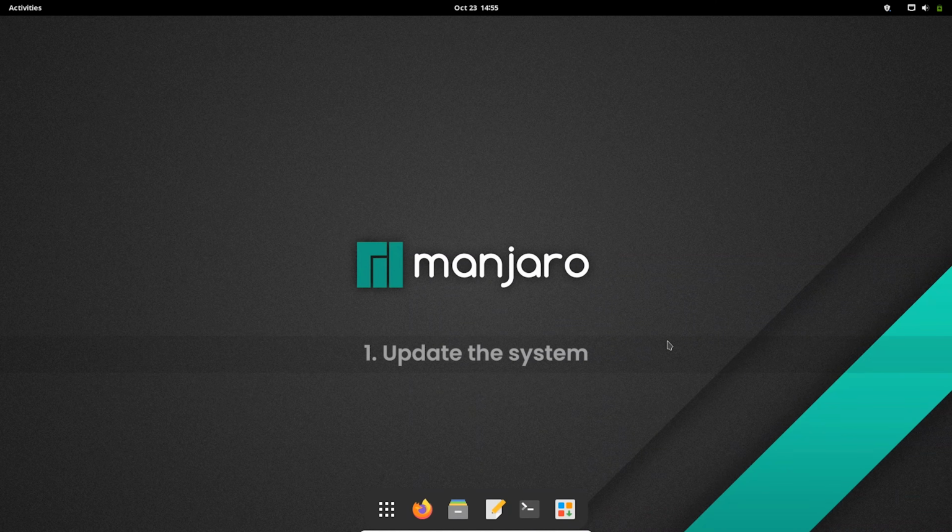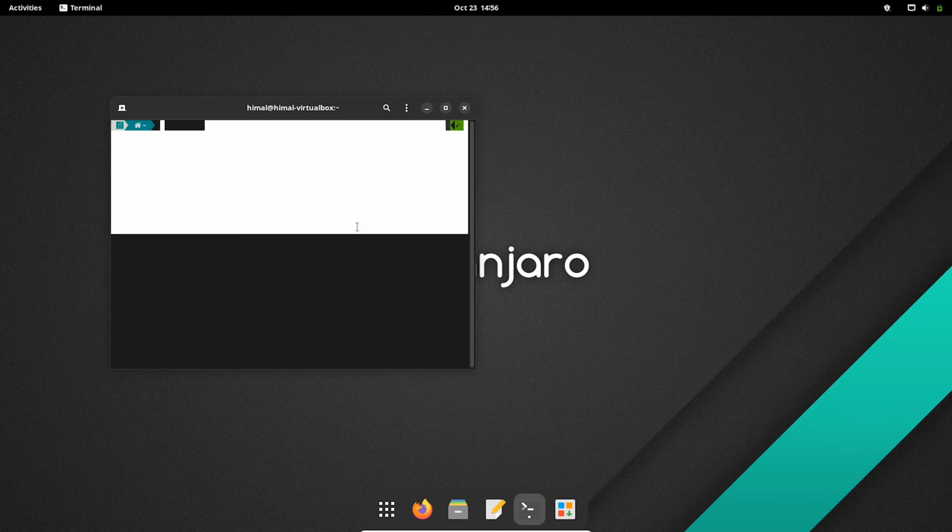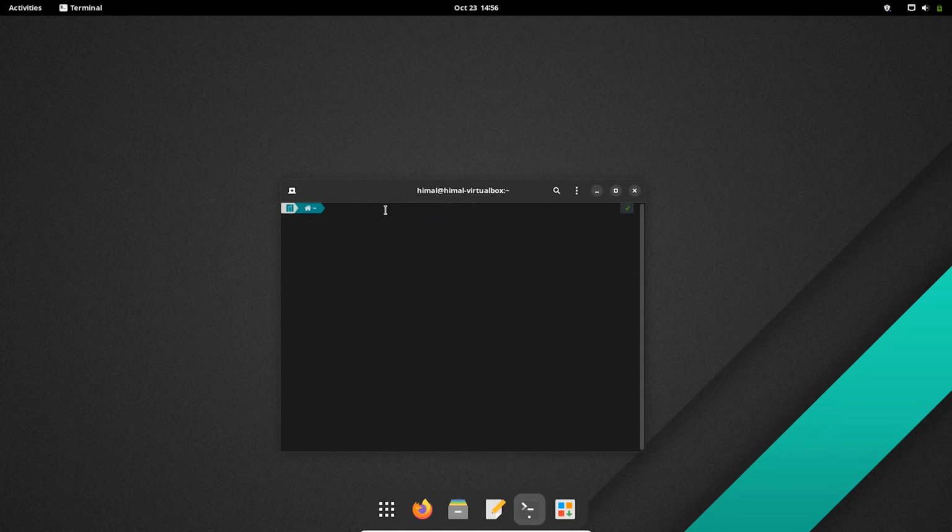So the first thing to do is to update the system. Keeping your system up to date reduces the chances of security vulnerabilities. Refreshing your system repositories is also recommended before installing new software. To update your system, you need to open the terminal, and after that, you need to run the command. So type sudo